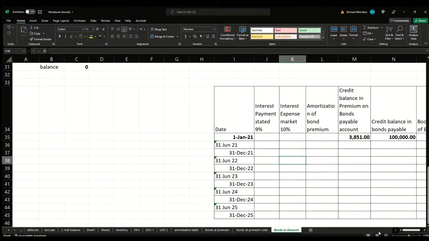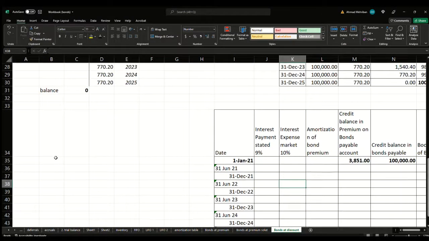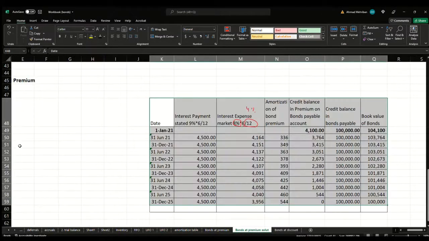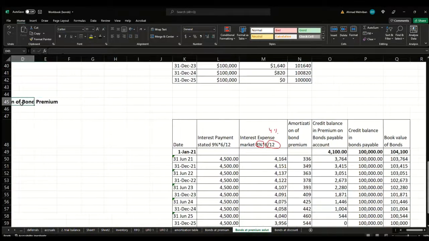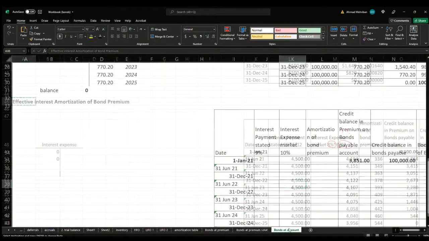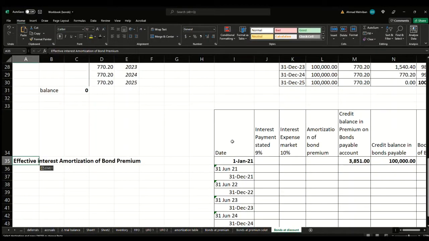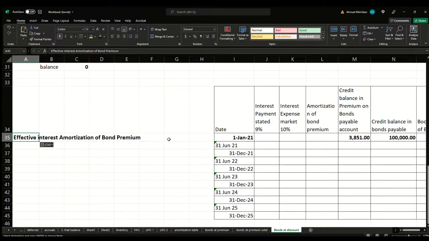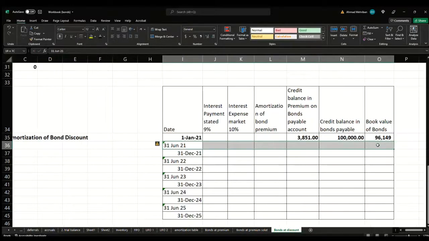Now let's take a look at what it's going to look like if we use the effective interest method. Just a second, I'll copy and paste the page so that it is easier for you to understand. So now we're doing the effective interest amortization of a bond issued at discount. This is how it's going to look, and in this case I'm going to remove all of these